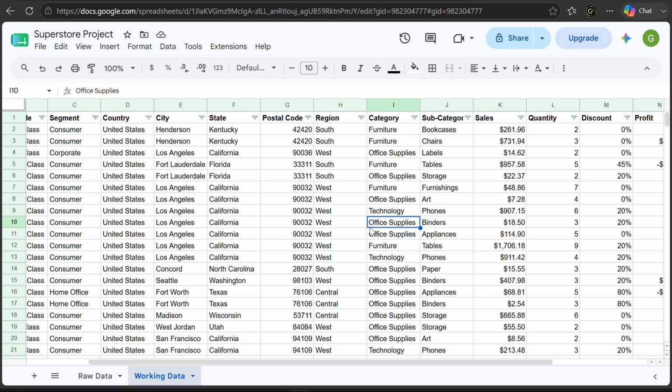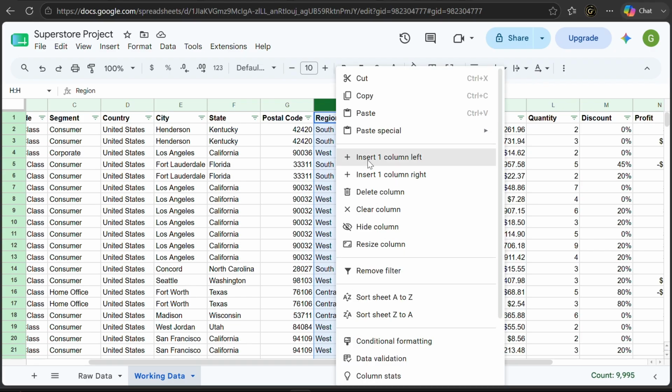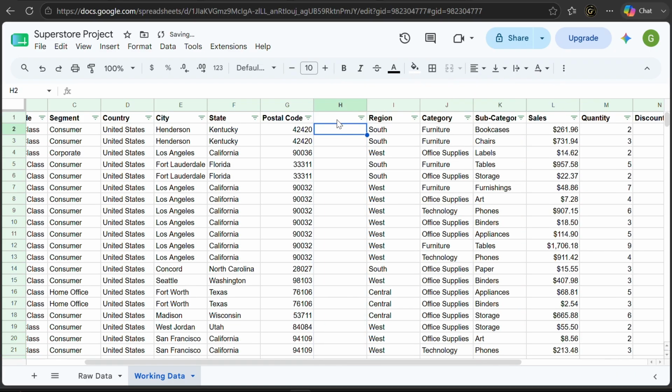I think that was the only thing that we are going to be doing here. Or also, for our text columns, we might just want to standardize our text columns. So we are going to be making use of helper columns to do all this. So let's start by working with our postal code, since that's the first error that we've seen here. So first we are going to create a helper column. I'm going to right click here, I'm going to insert one column left, and then I'm going to say